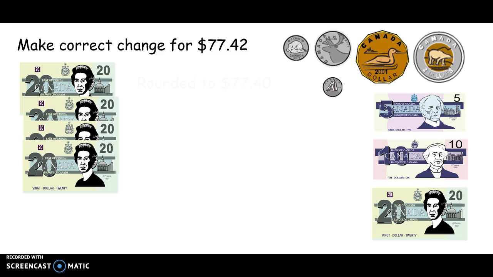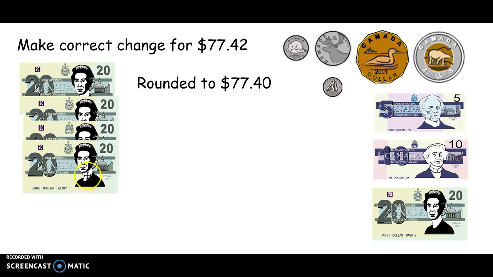The first thing is, since we are dealing with cash, we want to pay $77.42, but there are no longer any pennies in circulation. So the $77.42 will be rounded to the nearest nickel. This means that $77.42 will be rounded to $77.40. Now, to determine the change, the easiest way is to count up from this amount until we arrive at